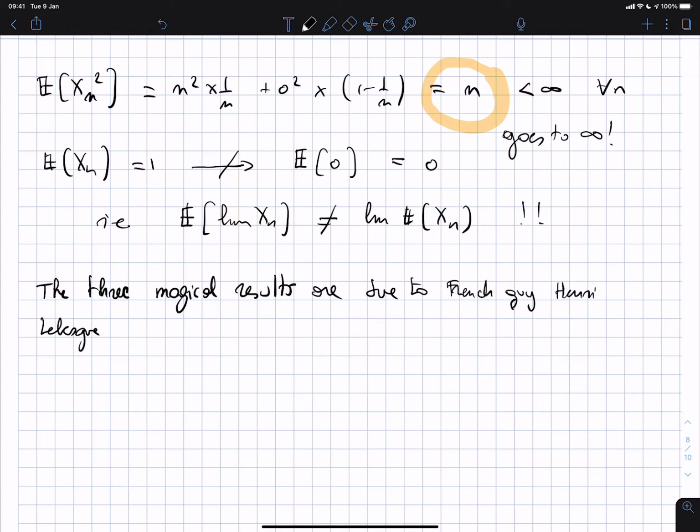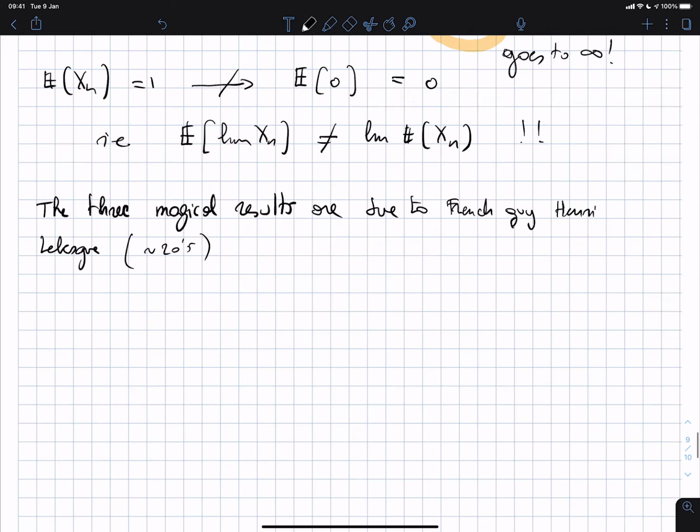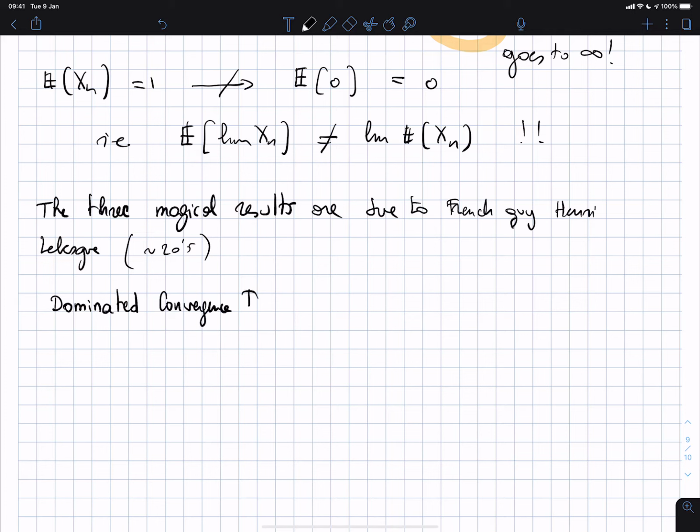I'd say he invented all this when he was in his 30s. He basically invented integration, or at least a new version of integration. He invented measure theory, and he proved these results: the dominated convergence theorem,